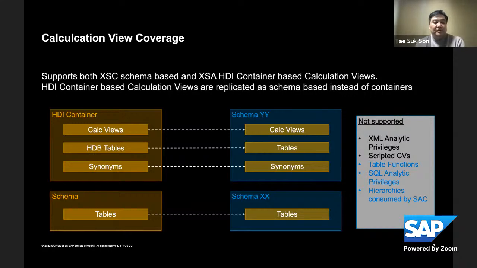These are all supported, where they can be replicated from the on-prem system to the HANA Cloud. But the difference is that when replicating the HDI container, instead of creating a container again on the HANA Cloud side, we create them as schema runtimes, where the calculation views are replicated into the HANA Cloud as schema-based. So the tables and the synonyms are all created as well, but instead of HDI containers, these are all schema-based runtime